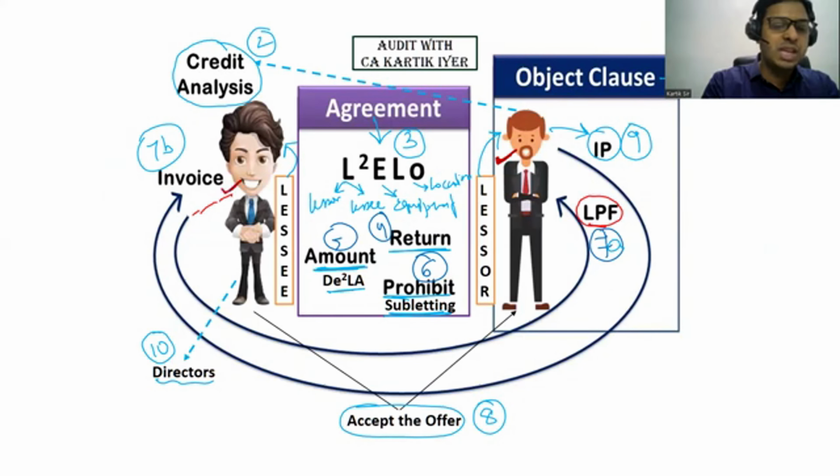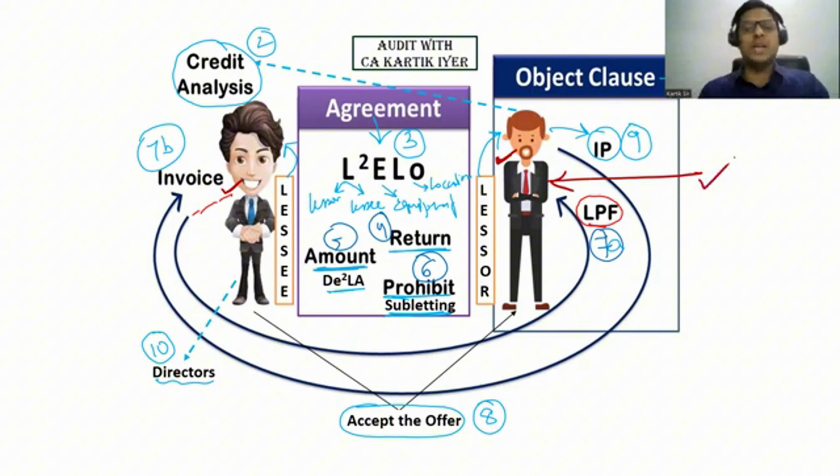This is the person who is taking the asset on rental basis. So for lessor and lessee, what all will you check? But you have to think as if you are the auditor of the lessor. You are the auditor of the lessor. ठीक है ना? तो वो एंगल से सोचना. पहले अपन क्या करेंगे? We will first check the object clause of the lessor, whether the permission is given or